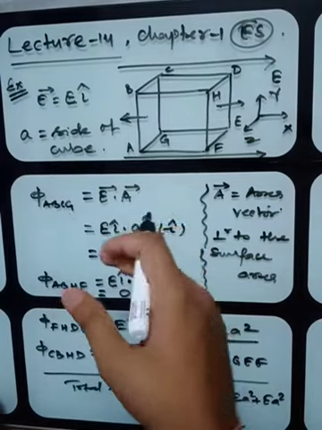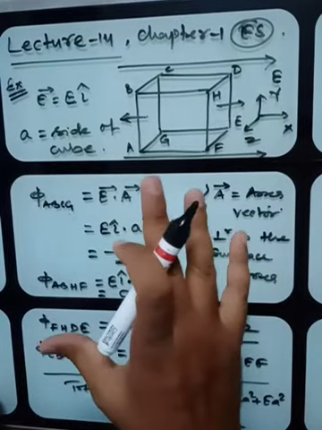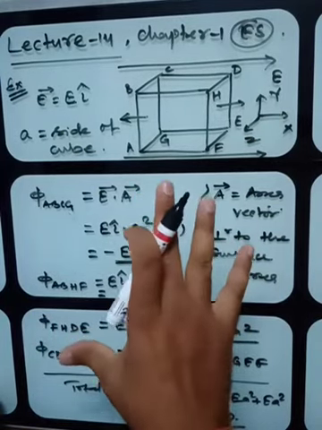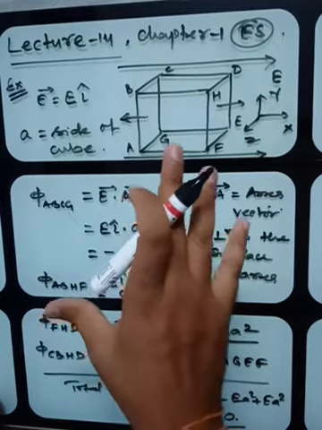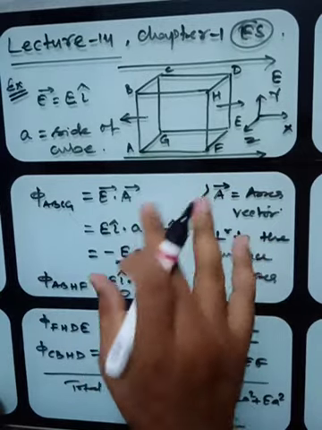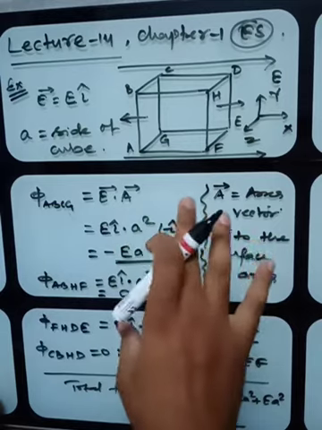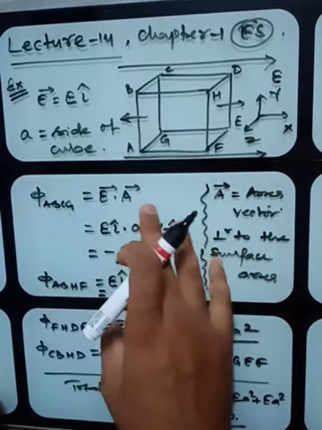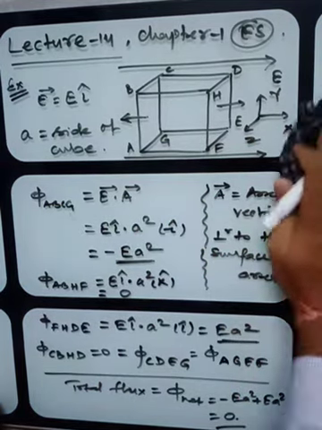As we have written in the note point, any closed body completely immersed in a uniform electric field gives you 0 counting of flux. That is, the total flux will be how much? 0. Okay, now the next